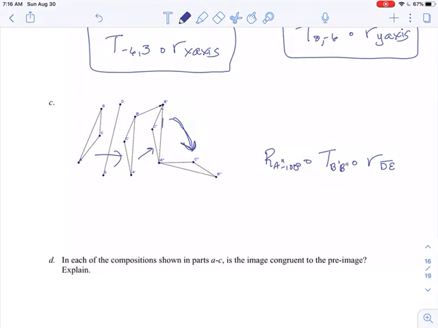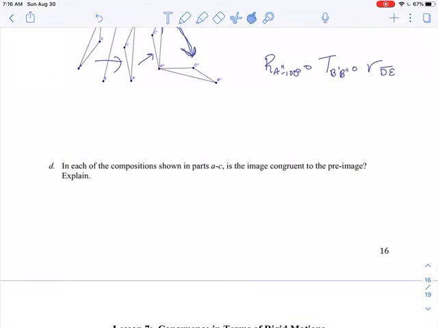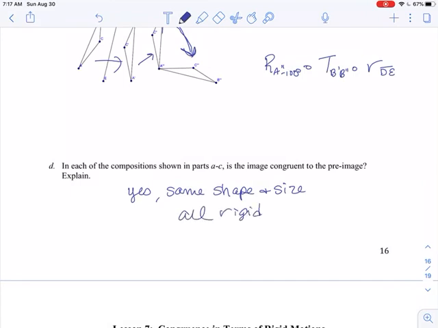All right. And in each of these compositions is the image congruent to the pre-image? Each of the compositions shown below in parts A through C, is the image congruent to the pre-image? Absolutely it is. It's all the same shape, same size. Length and angle measure are preserved. These are all rigid motions. So yes, same shape and same size. They're all rigid motions. And we will continue with this concept of being